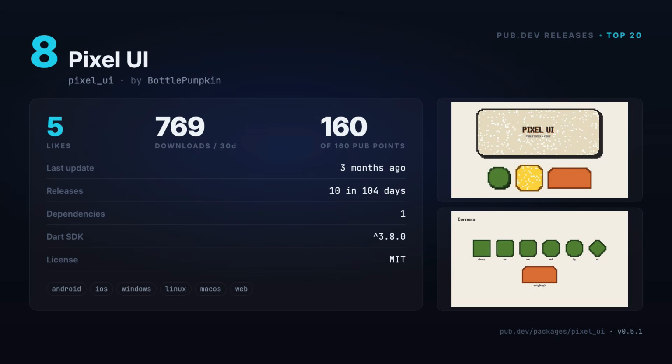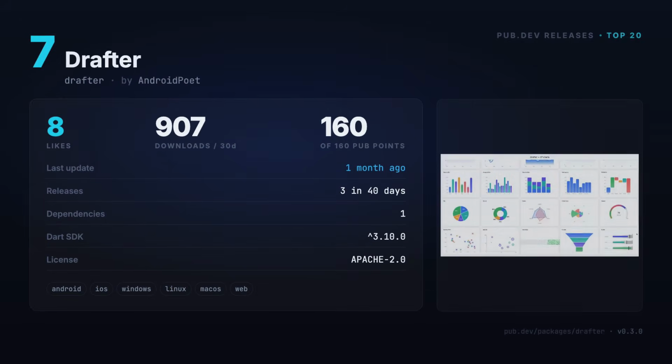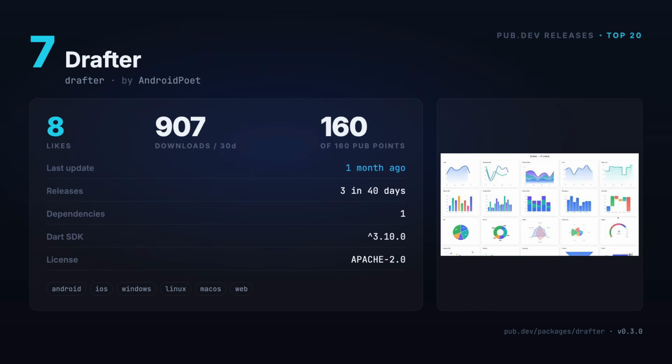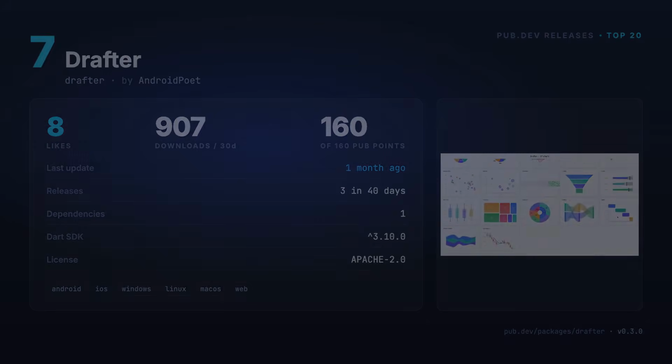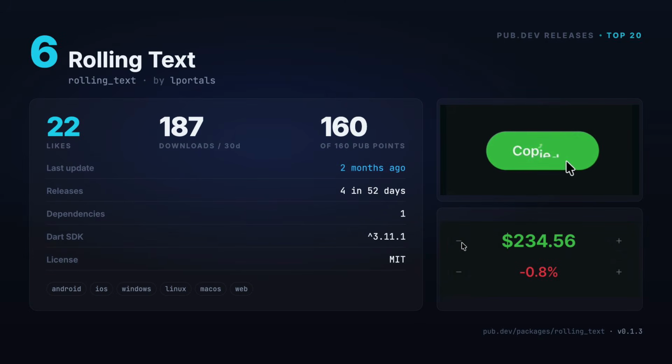buttons, and a bundled pixel font for game interfaces. Number 7 is called Drafter, a dependency-free charting library with around 27 chart types, smooth Catmull-Rom curves, soft gradient fills, and a left-to-right reveal. Number 6 is called Rolling Text, a per-character vertical rolling text animation with spring physics, stagger,